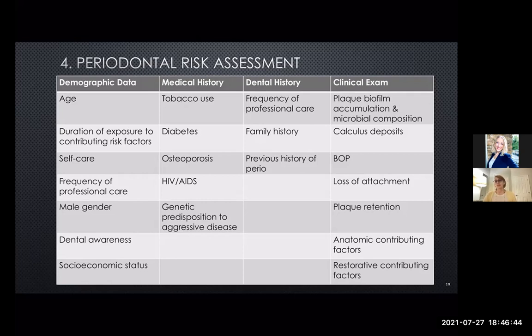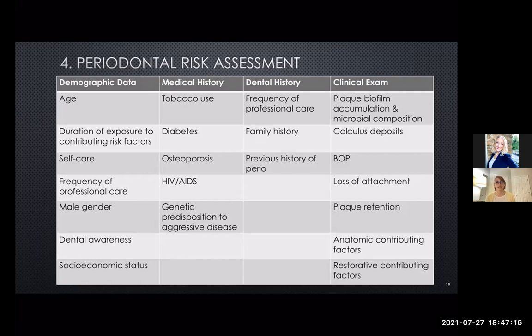So when a patient tells you, oh, I know I have periodontal disease, my dad had it, my grandpa had it, it's not about that. This is genetic predisposition, involves some sort of alteration in the immune system or the immune cells. Dental history, how often are patients getting care? Familial history, how important is it in their family that they receive this care? And then any previous history of perio.